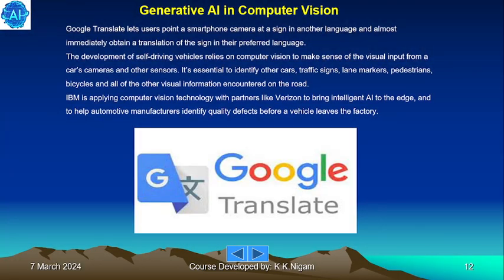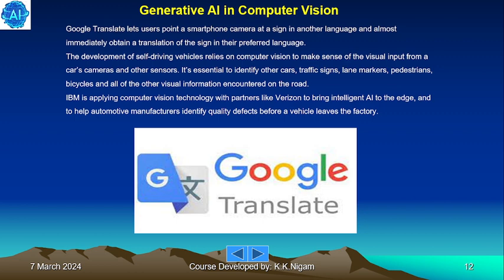Google Translate lets users point a smartphone camera at a sign in another language and almost immediately obtain a translation of the sign in their preferred language. The development of self-driving vehicles relies on computer vision to make sense of the visual input from a car's cameras and other sensors. It's essential to identify other cars, traffic signs, lane markers, pedestrians, bicycles, and all other visual information